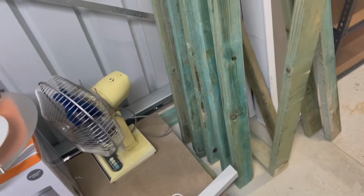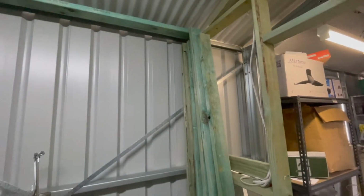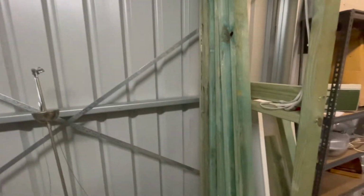I just got finished sawing down some more timber. These ones here are all roughly the right length for the uprights in these side walls. So probably a bit later today I'm going to do that, but in a bit my granddad's going to come